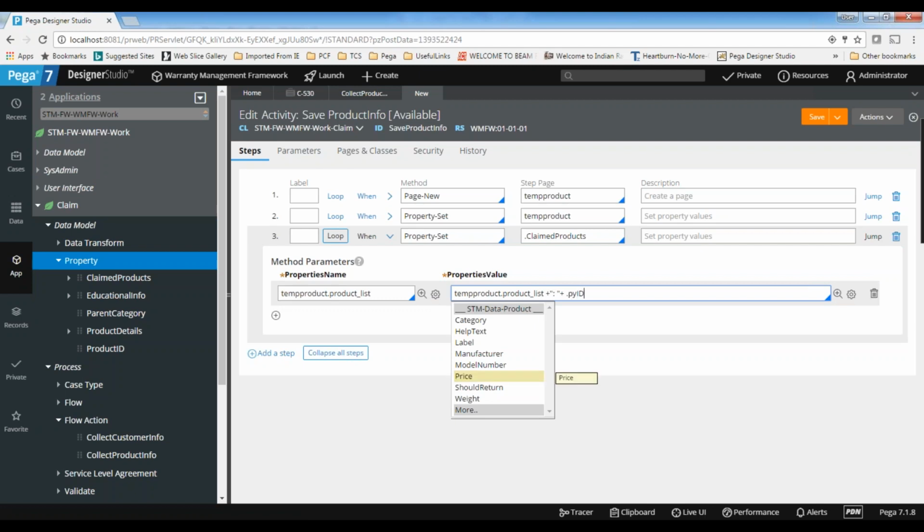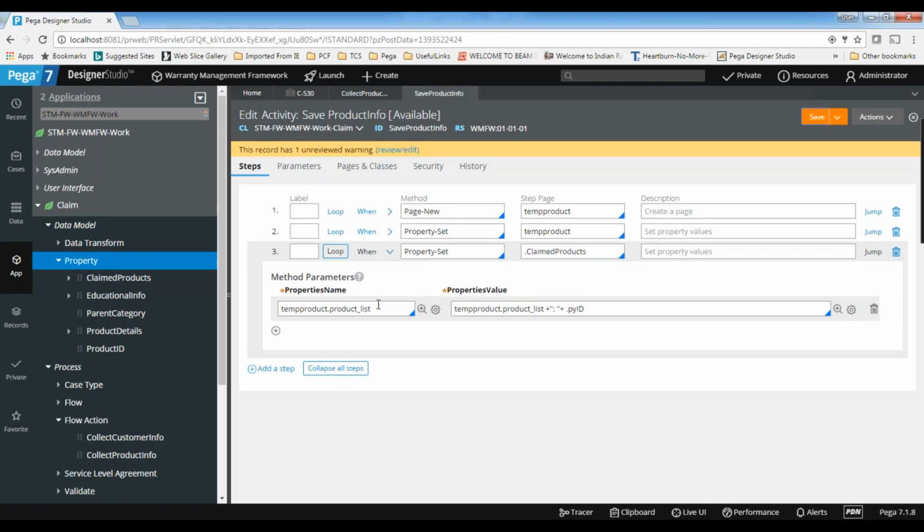Here I want to display only product IDs, so I can go for pyID again. The pyProductID will be stored in this product ID, so I'm using this one. So this way I'm just setting into this product list. If there are more than one product, they will be separated by colon space, so that separation will be there.